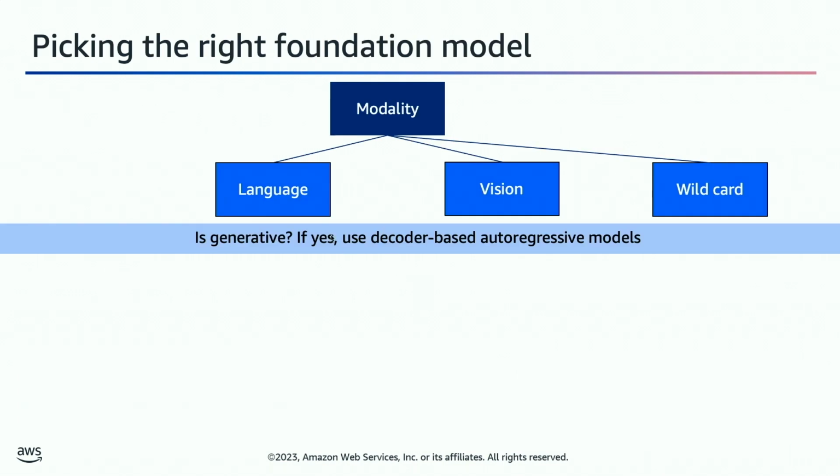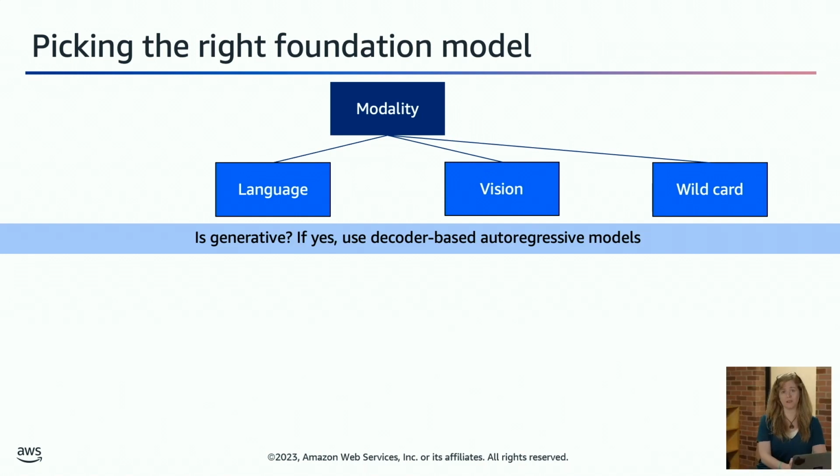And so that's a big decision point, right? Picking the right foundation model is how generative do you need your model to be? Do you want it to be writing multiple pages of really interesting text? Or do you want it to be just generating a sentence, generating a paragraph, doing summarization, doing extraction? There are a lot of different types of NLP use cases.